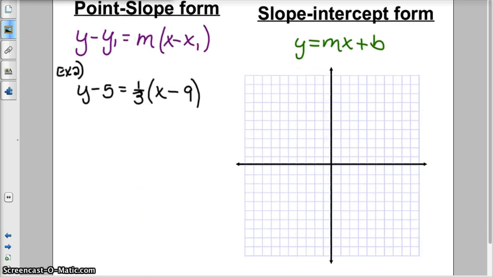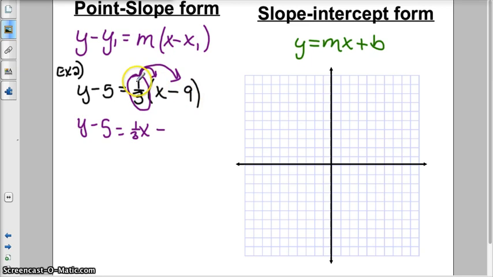All right, example 2. We have y minus 5 equals 1/3 times x minus 9. Again, it's in point-slope form, and we want to switch it into slope-intercept form. So the first thing we're going to do is distribute this number on the outside of the parentheses, and it is a fraction, but don't let that scare you. Slope is a fraction a lot of the times. So we bring down our y minus 5 equals 1/3 times x is just 1/3 x. 1/3 times this minus 9, in other words, negative 9